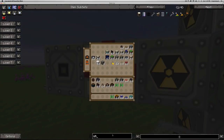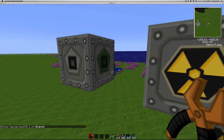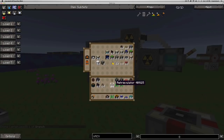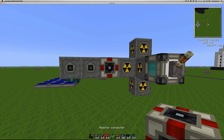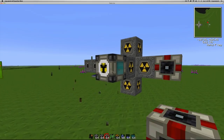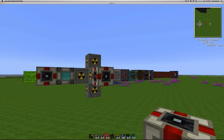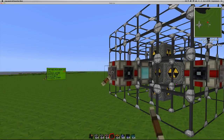Don't have a wrench. Let me just make sure the transformer, the input side is there. I'm going to attach that. Then we're going to attach an MFSU right here with the output side facing that way. And we're also going to put one right over here to eliminate the need for that. I'm going to slap some levers on here. There we go. So we got the force field on,